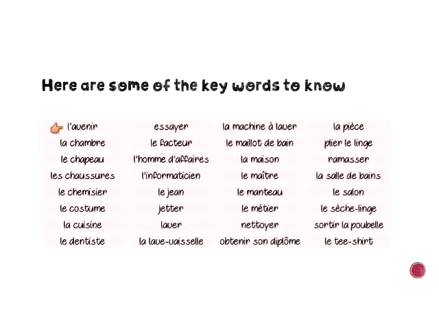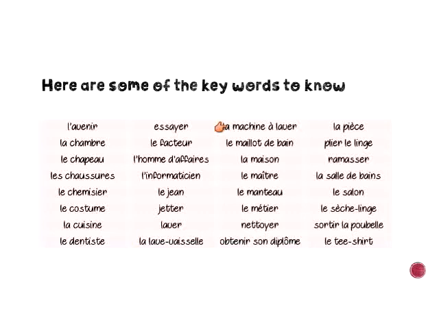We have l'avenir, the future, la chambre, a bedroom, le chapeau, a hat, les chaussures, shoes, le chemisier, blouse, le costume, suit, la cuisine, kitchen, le dentiste, dentist, essayer, to try or to try on, le facteur, postal worker, l'homme d'affaires, businessman, l'informaticien, computer science worker, le jean, jeans, jeter, to throw or to throw away, laver, to wash,